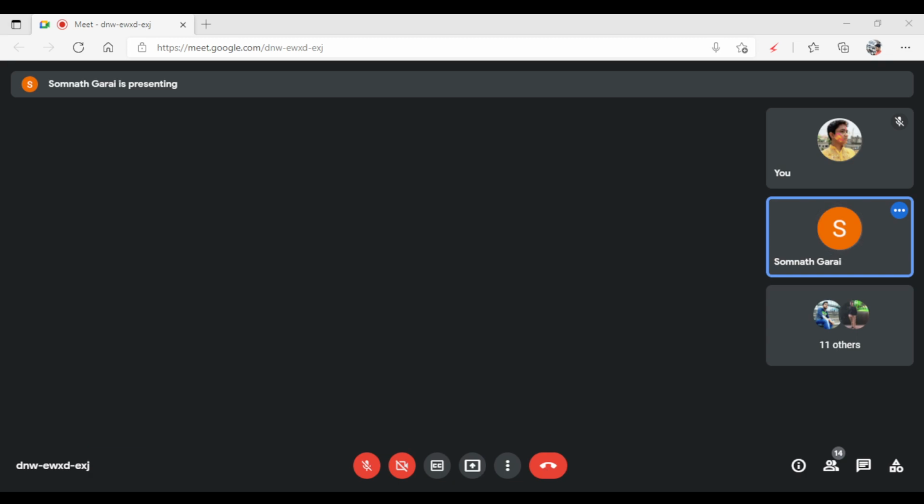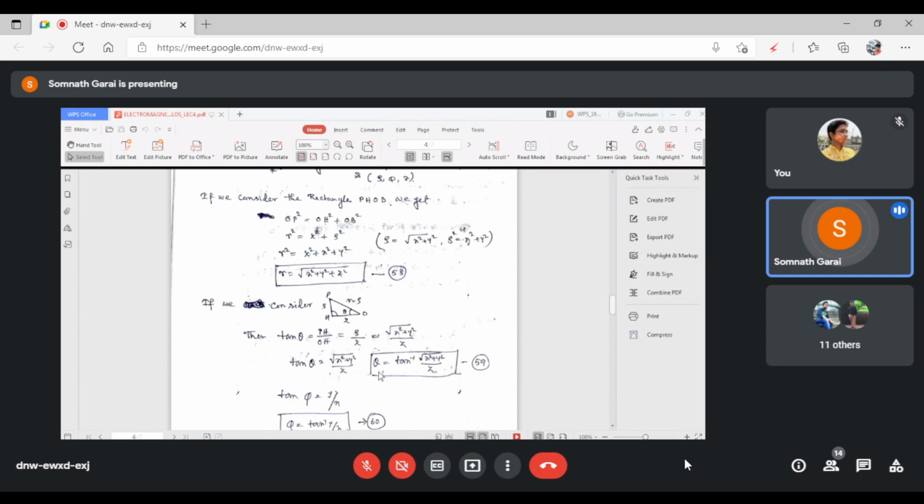So this is the second coordinate in the spherical coordinate system, which is related to Cartesian coordinates x, y, z. Theta is equal to tan inverse of root under x square plus y square, whole divided by z. So equation number 59 gives the relationship of the second coordinate of the spherical coordinate system, theta, with respect to Cartesian coordinates x, y, z. Right?